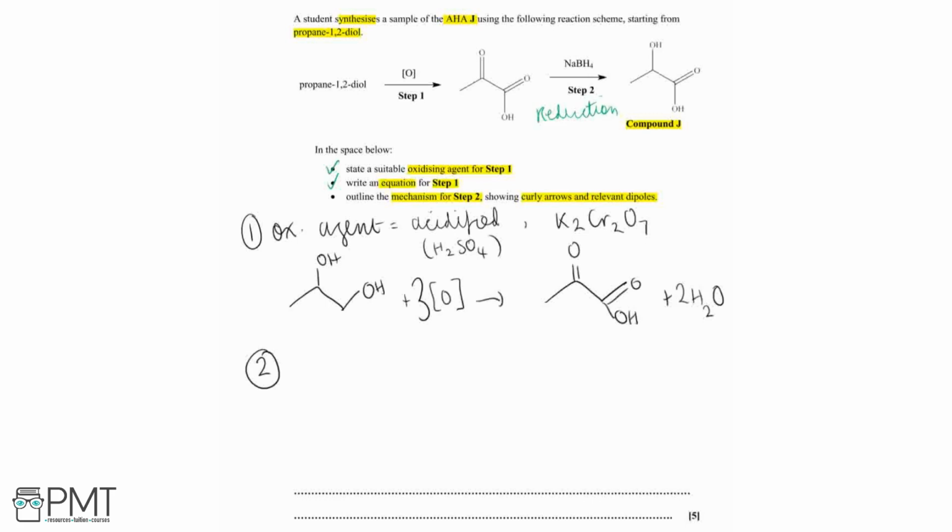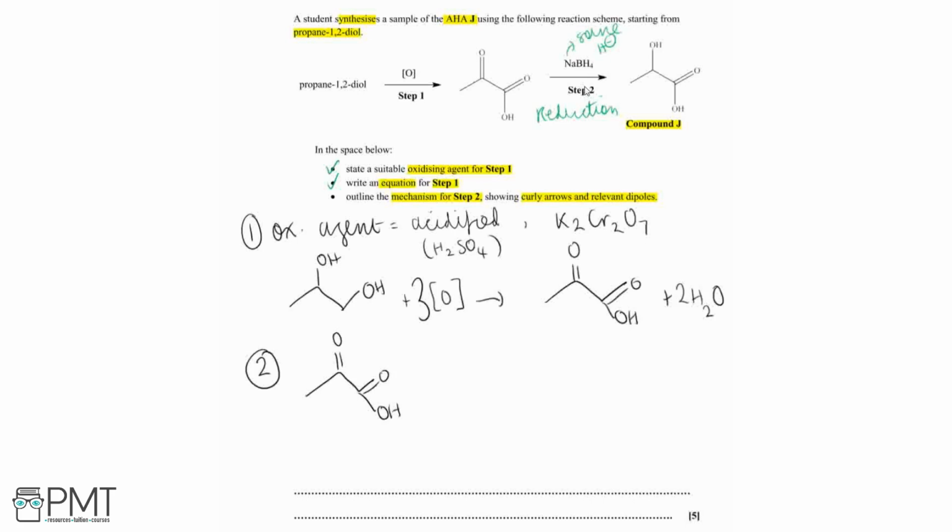And as we can see from the difference in our structures, we're going to be reducing this ketone back to a secondary alcohol overall. And this is the reagent which we use to reduce carbonyls, so to reduce aldehydes and ketones. And that's because it's a source of hydride ions. So let's have a go at drawing out this mechanism. So I'm going to start by drawing out our carbonyl compound,